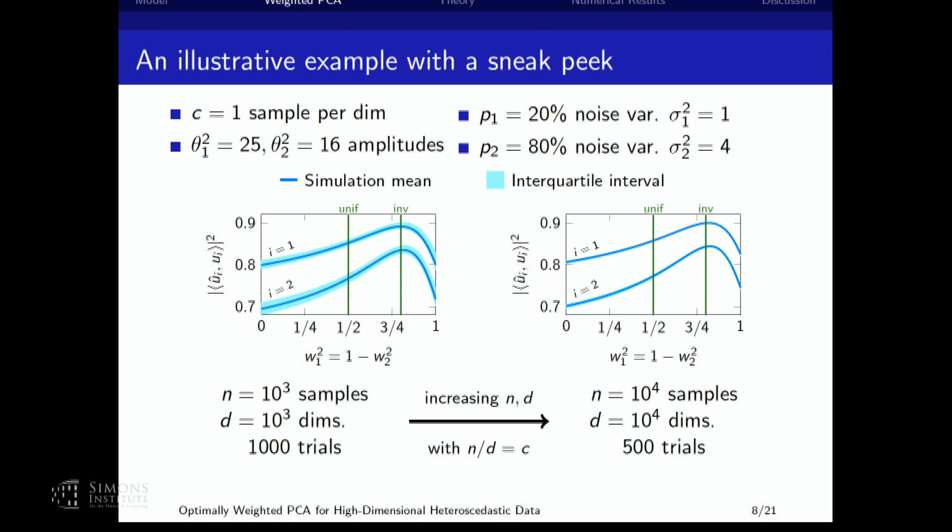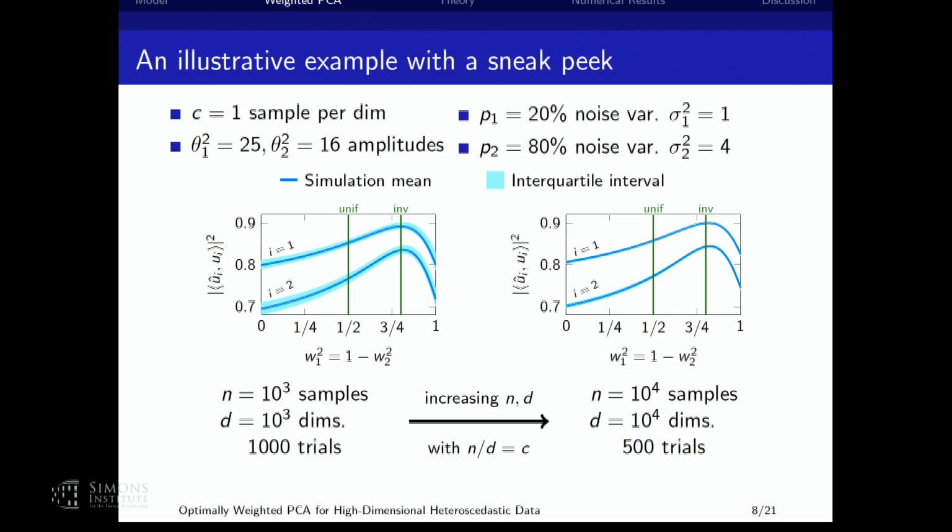We see, in this moderate sample regime, some behavior here of the inner product for the first principal component, and here the inner product for the second one. With a smaller amplitude, we get a lower recovery. This line is for uniform weights, meaning unweighted PCA. And this line is where inverse noise variance weights are. Of course, throwing away data would be, here, I guess we wouldn't do that because that's throwing away the cleaner data. But this would be throwing away the messy data. And in this case, it looks like that's not something we want to do.